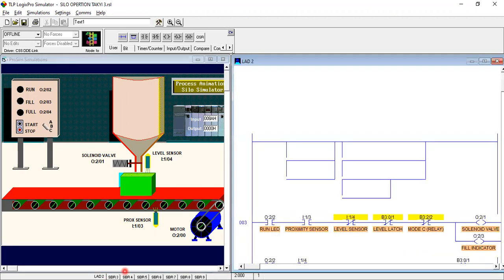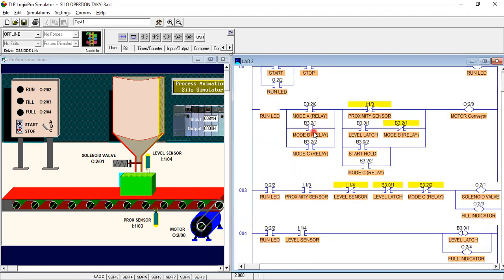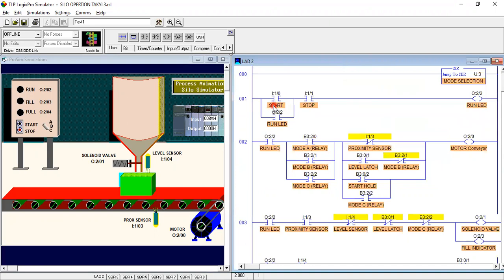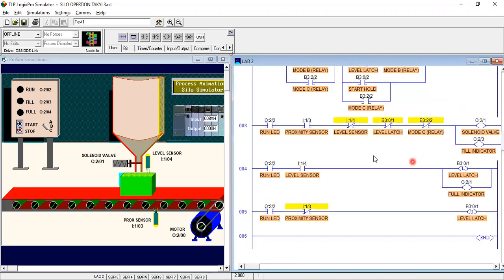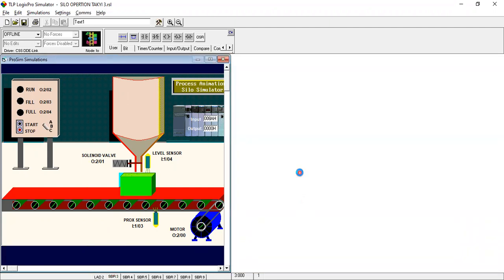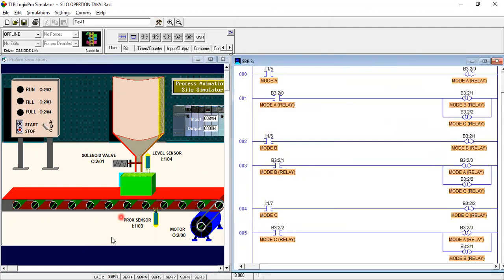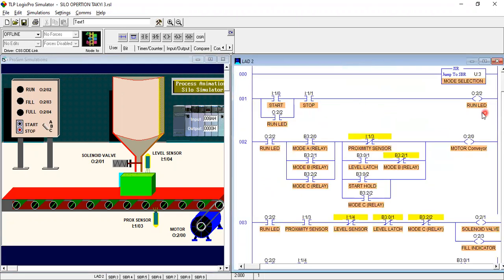When we go to the main program, the main program totally controls our inputs and outputs, and the subroutine program controls our mode selection part. In the main program we have to run our LED.